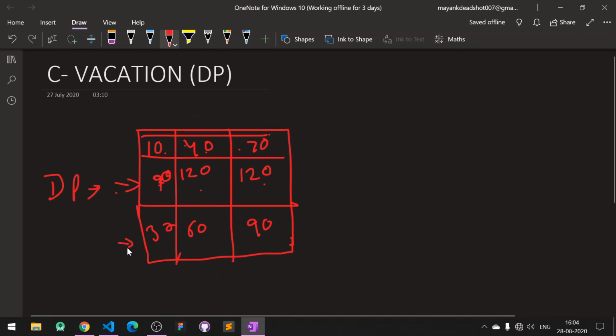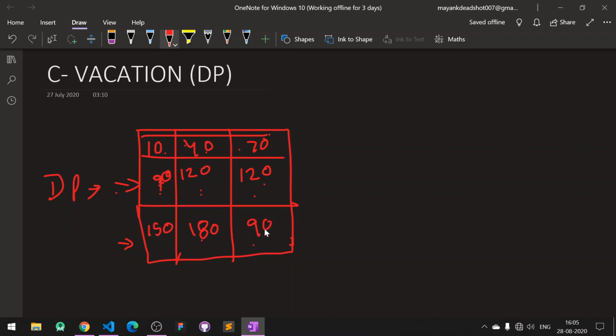Now we will traverse this row. For 30 we cannot come from 90. We can only come from 120 and this 120. The maximum of these two is 120, so 120 plus 30 is 150. Now for the next point, we cannot come from the 120 above it, we can only come from 90 and 120. The maximum of 120 and 90 is 120, then 120 plus 60 is 180. So we put 180 here.